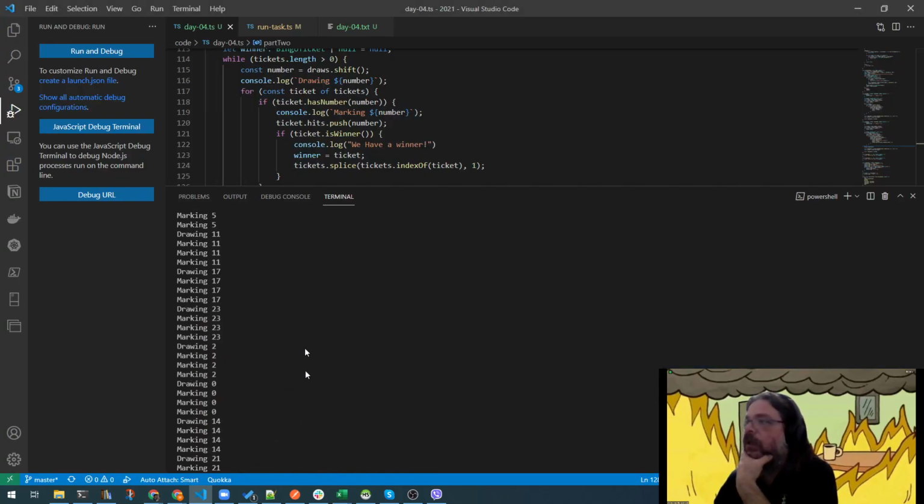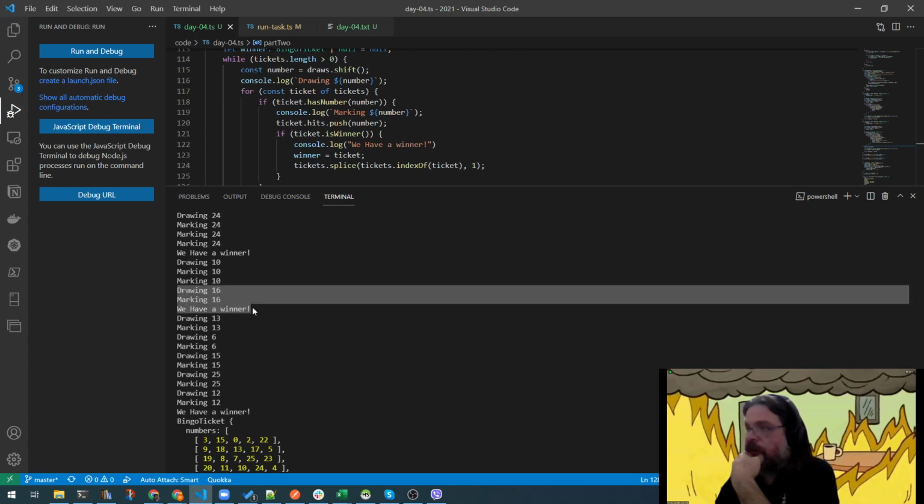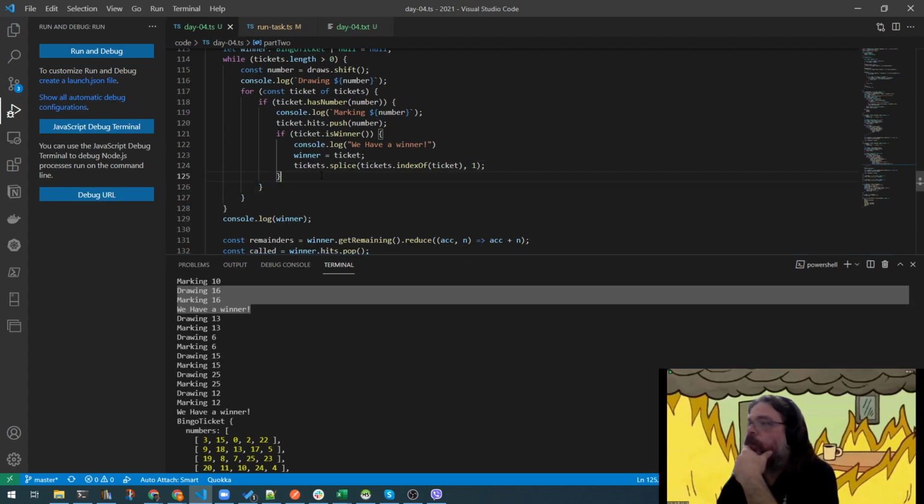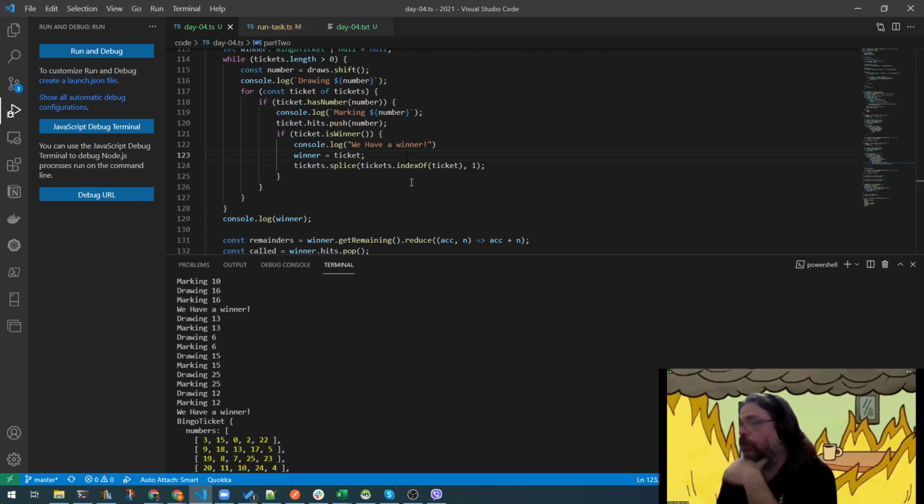and we are getting 1272, and let's see what happens. Until the winner it's okay. So drawing 10, marking 10, drawing 16, marking 16, we have a winner. We should have a marking 16 once more. Yep, this is a bit of a bigger problem